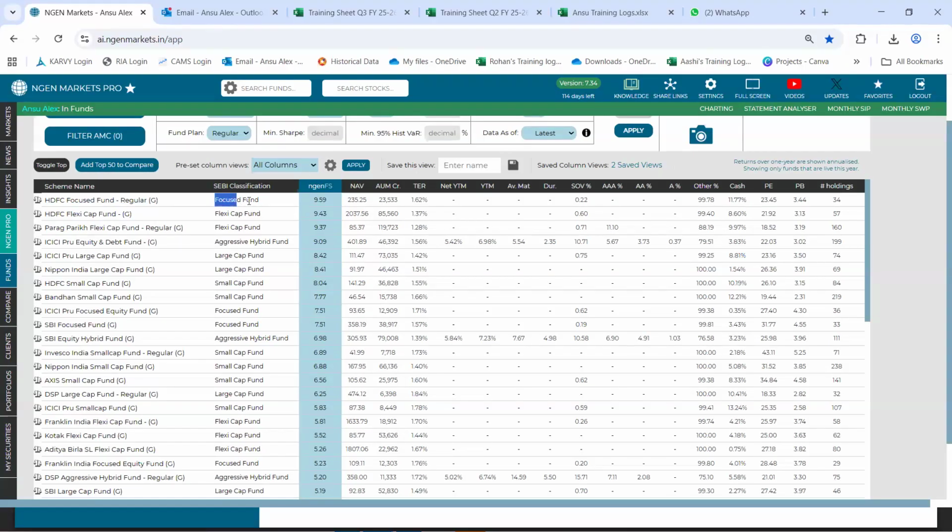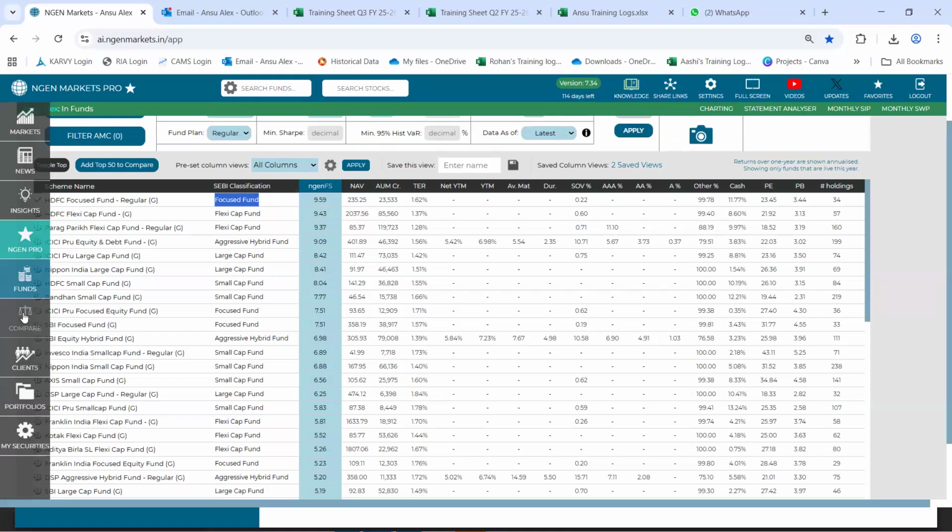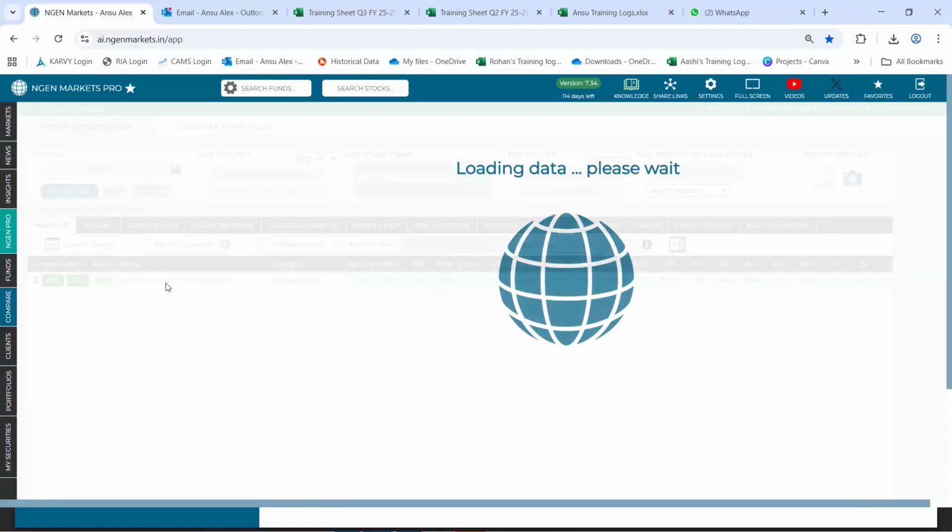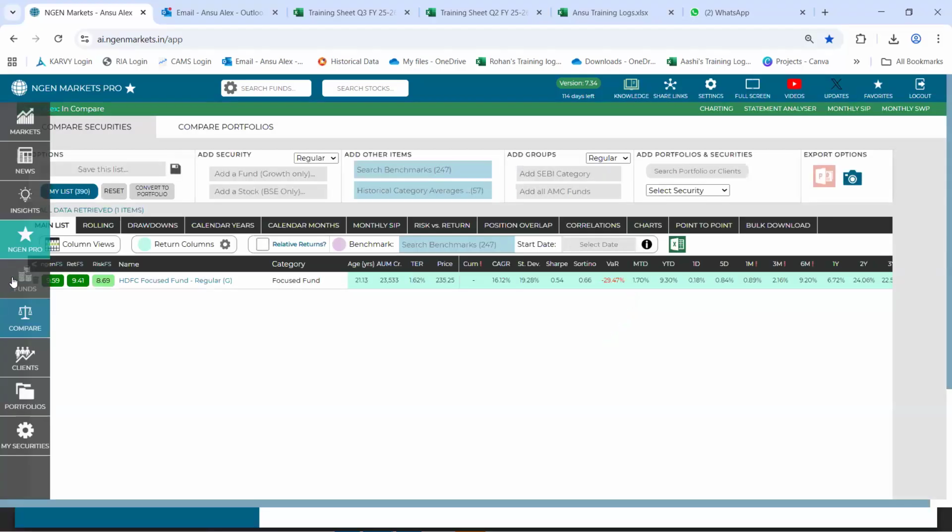So starting off with focused as a category, I would be selecting HDFC Focused Fund. All you need to do is click on this compare icon, which will instantly move the fund to this compare tab. So we are done with one category.